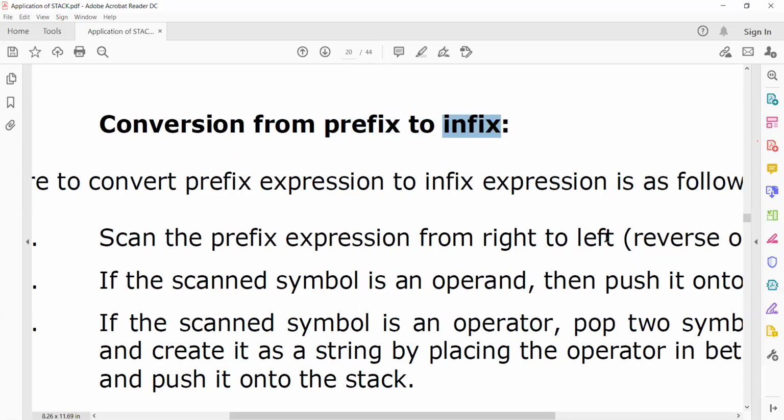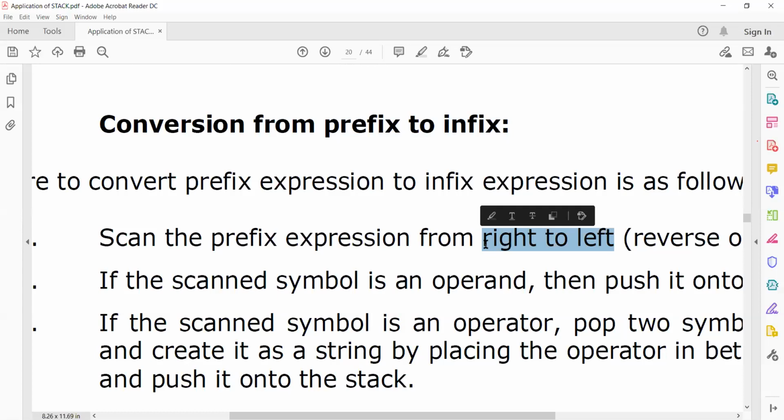In the previous two scenarios, you scan the postfix expression from left to right. For this scenario, prefix to infix, what you are going to do is scan from right to left, from the right end to the left end. That's all. No other difference is there.